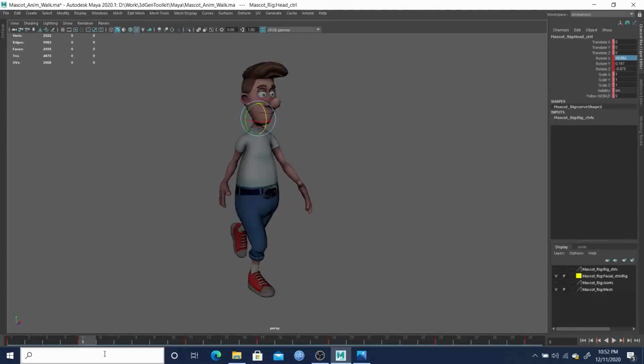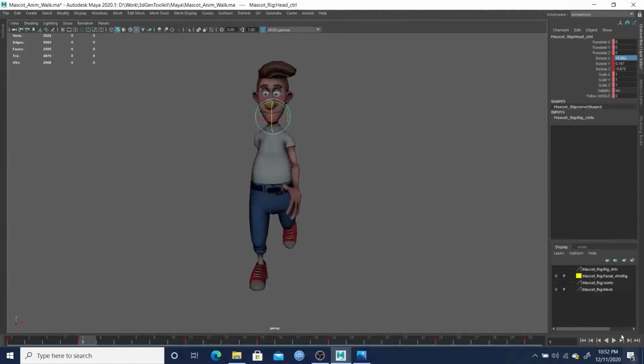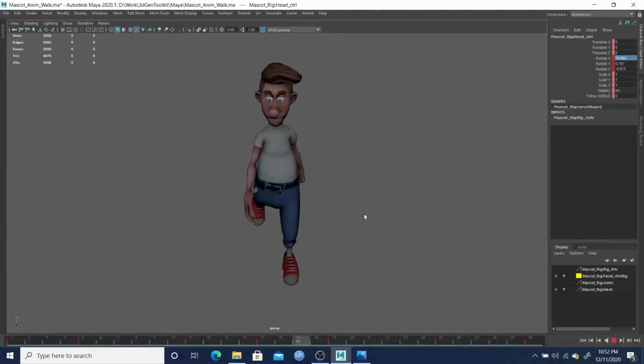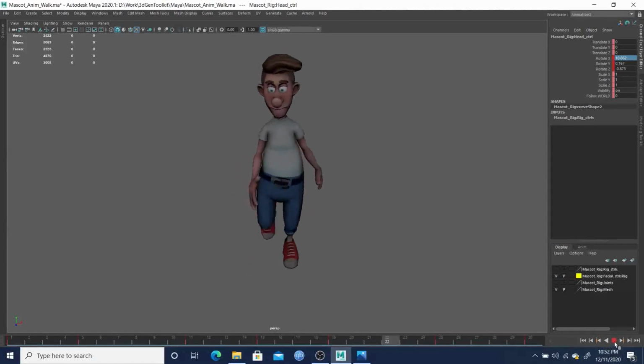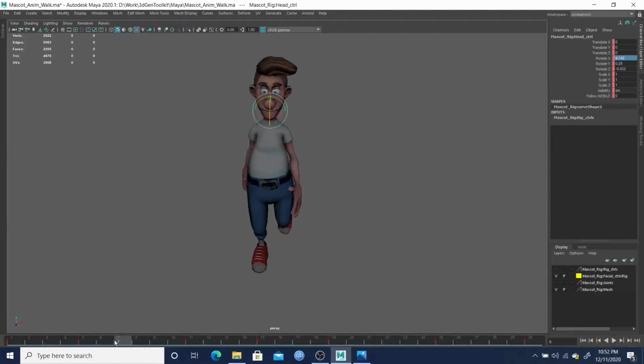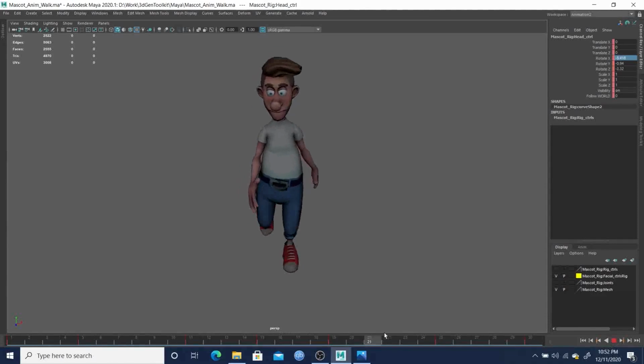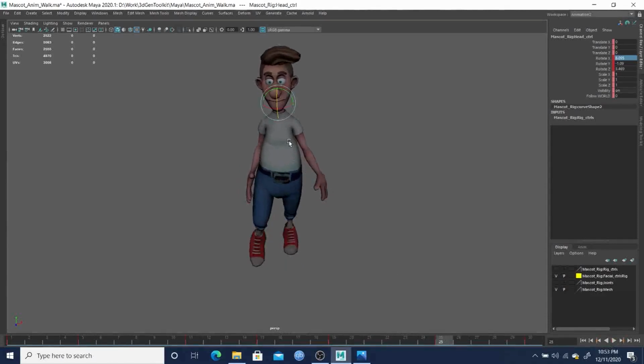Alright, so I'm noticing in this walk that the arm is swinging out on the left arm. So like here, my left arm is swinging out. If I turn on my controls and see this, rotate Z is negative 13,